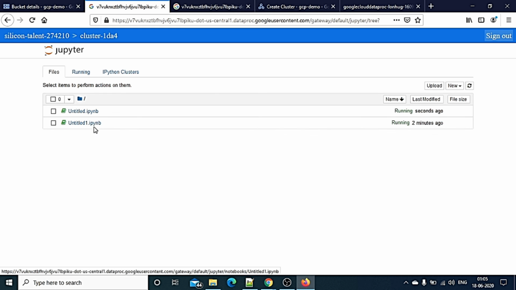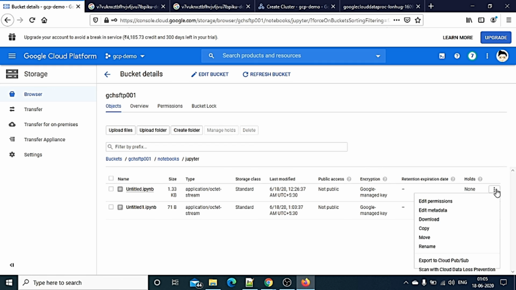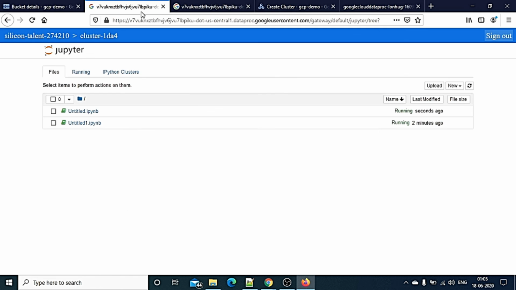Yeah, you can see. So these two are stored here. So if you just wanted to download, you can click here and download it. If you just wanted to upload an external file, let's say I'm uploading something, I don't have one right now, but you can upload here and you can run directly from here.